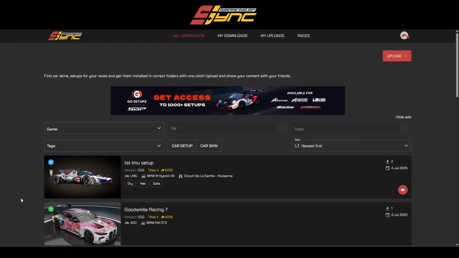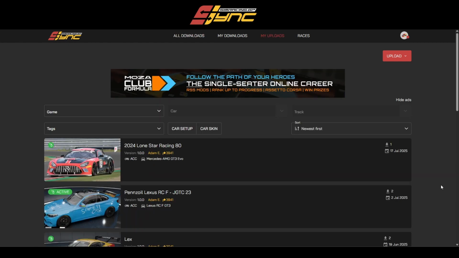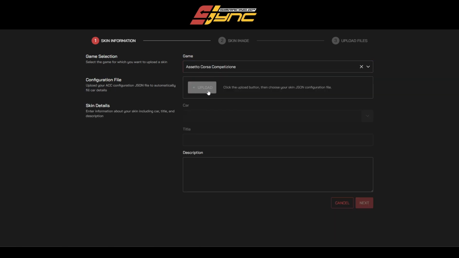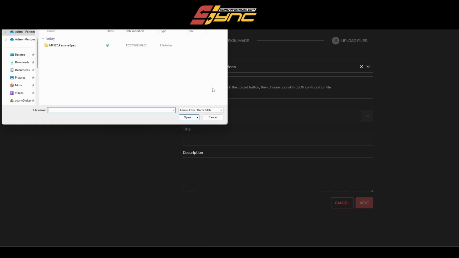So let's take a look at uploading a skin. So from the Sync homepage, you go to upload, and from the drop down select car skin. In here you'll choose which game. So on this occasion it's Assetto Corsa Competizione. The first task is to upload the config file. Now that is the JSON file. So let's click upload,